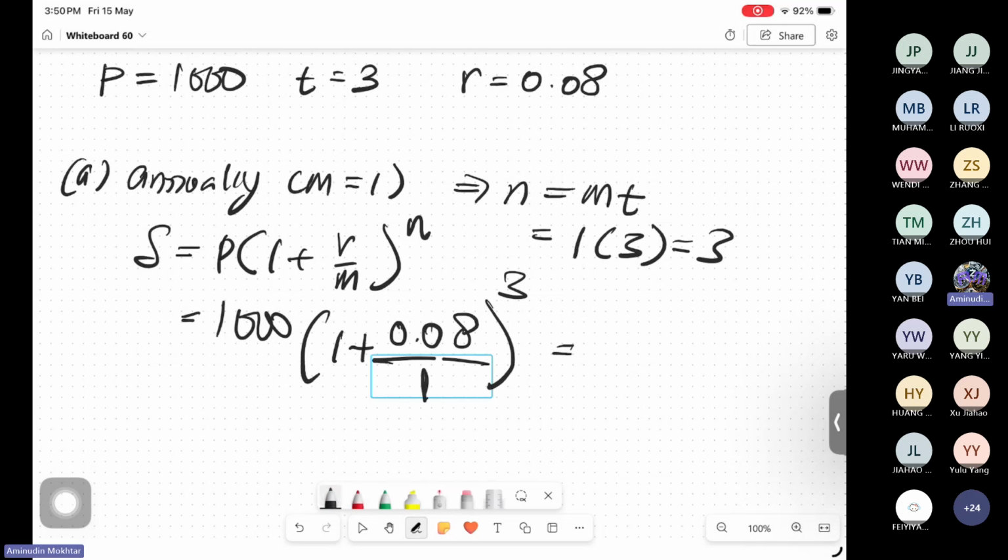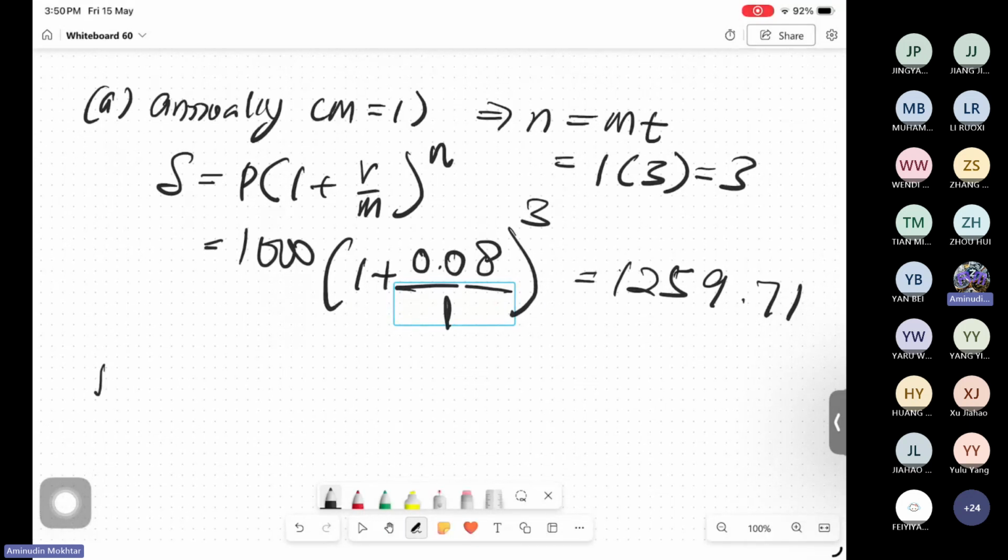Then you can see, if you refer to page 5, the answer is after 3 years, your total saving now increased to the future value of 10,000 equal to 1,259 and 71 cents. Okay, this is based on m equal 1. Now I will change the m.